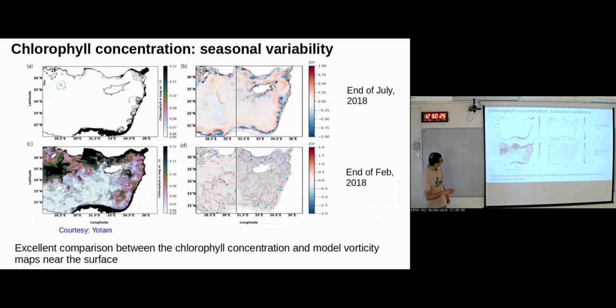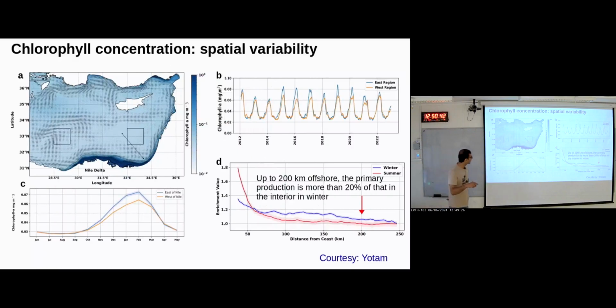And you can also see there is a spatial variability offshore of the eastern boundary, which we discuss further here. To quantify this spatial variability, we pick two regions equidistant from the Nile Delta, one to the east and one to the west, and we plot the mean chlorophyll concentration for multiple years. We see that during summer the mean chlorophyll concentration matches in these two regions, but they differ